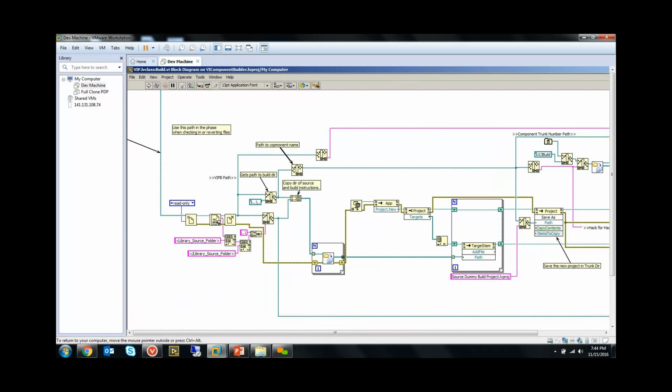Right, so I take all the source, add it into a project, I save it, and then I tell LabVIEW, save it to a different location. The reason that I do that is all of my source lives in userlib. VIPM can't build source that lives inside of userlib for good reasons, but I needed it to. So what I do is I copy all of those VIs outside of userlib, but that breaks all of the relative links between them. Even though the relative paths stay the same, the trick about userlib is they're not relative paths. They're absolute paths. So you might have userlib\a.vi that calls userlib